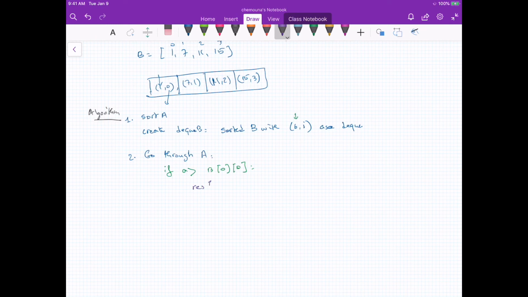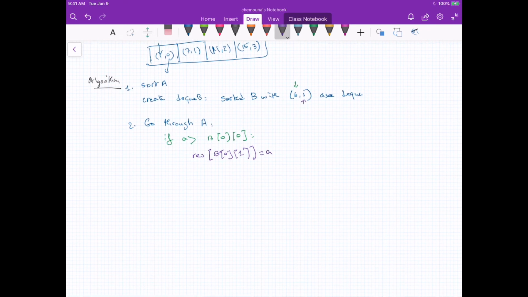So in res, we get the index, since we know the index of the value that beats B, so we can just say res at position 1 is assigned A, because we know it beats it. And then we will say else. That means it doesn't beat it, so in the first algorithm we put it in remaining, but here we are going to do another greedy